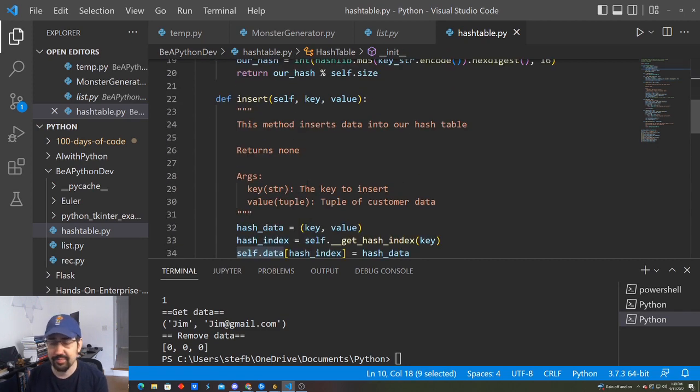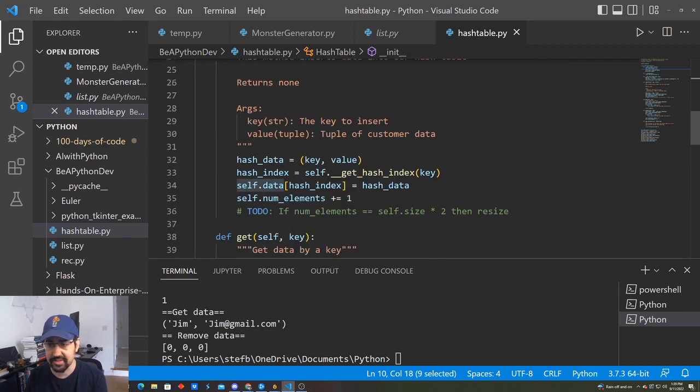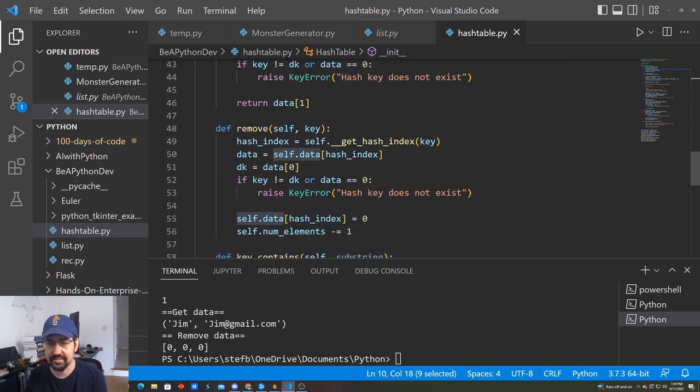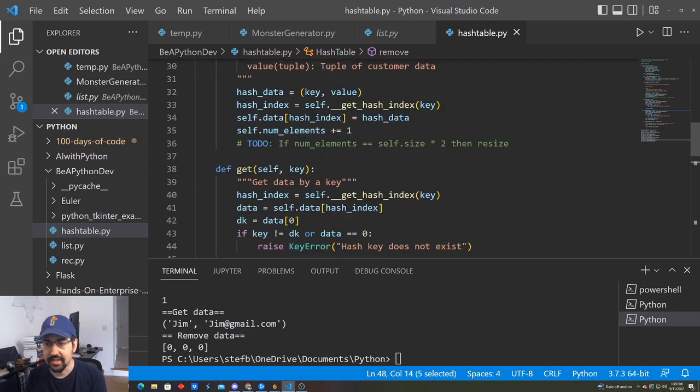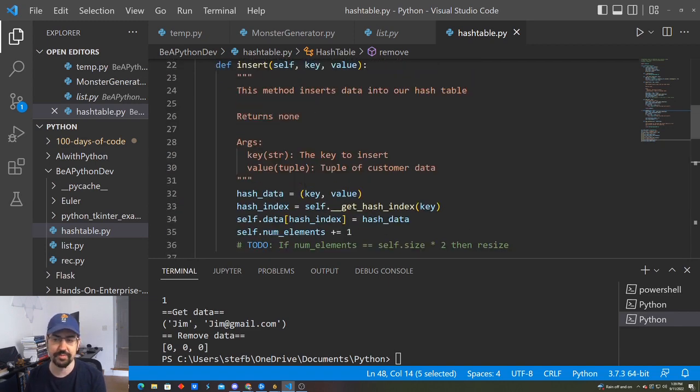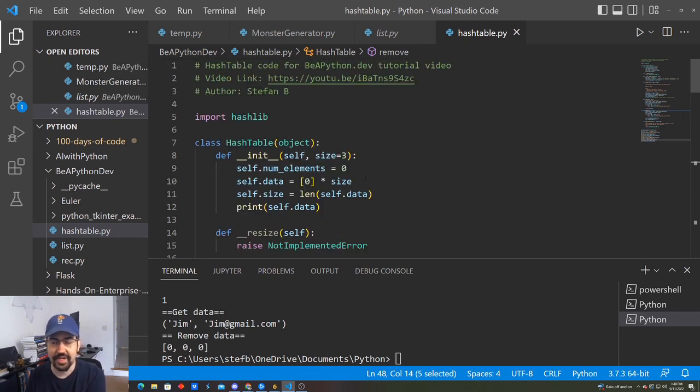Then the next pivotal methods that you need for your hash table: insert, get, and remove. Insert is going to be the main function that we'll be working with today. For example, if we insert Jim and we insert Steve and they both end up hitting the same hash, we're going to need to know how to be able to store both of those values in a way that they can both be retrieved. Obviously, if you have 1,000 values and they all end up hitting the same hash key,